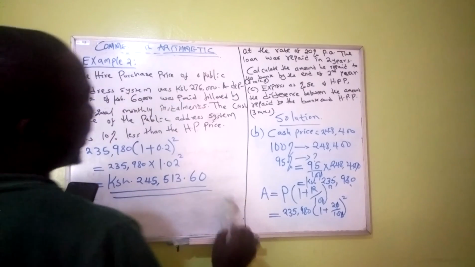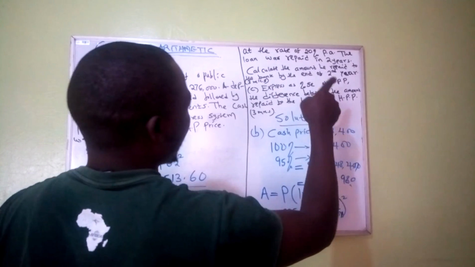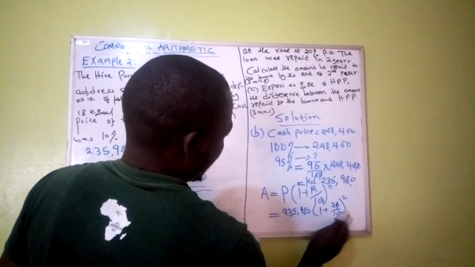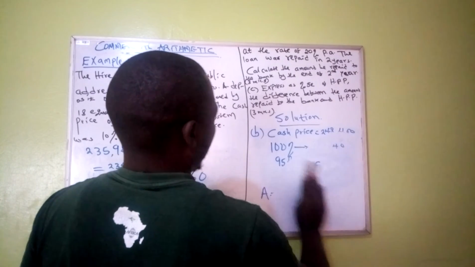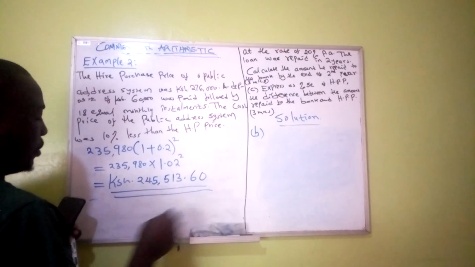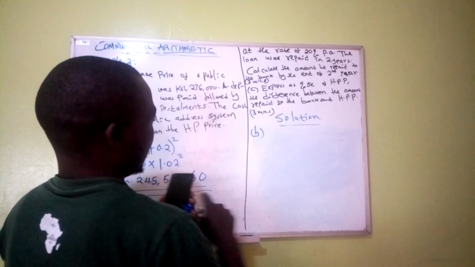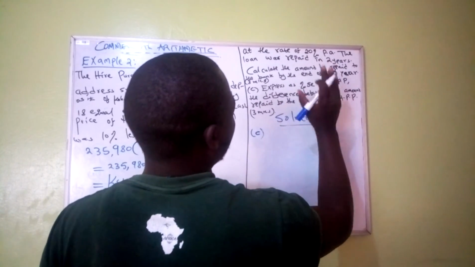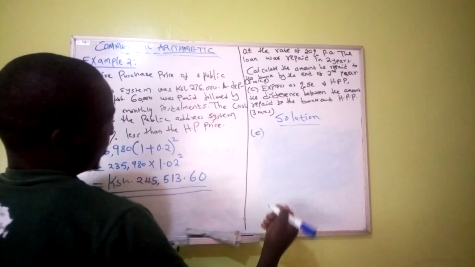Yes, now we can go to the last part, part C. Part C says, express as a percentage of the hire purchase price the difference between the amount repaid to the bank and the hire purchase price. The amount repaid to the bank was